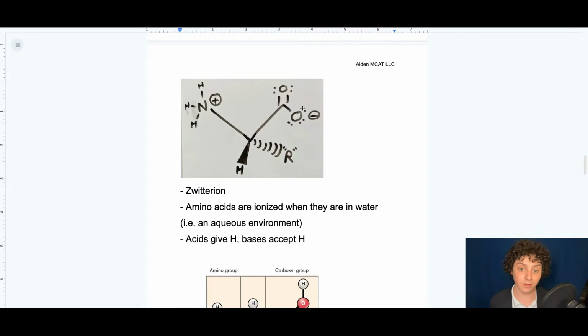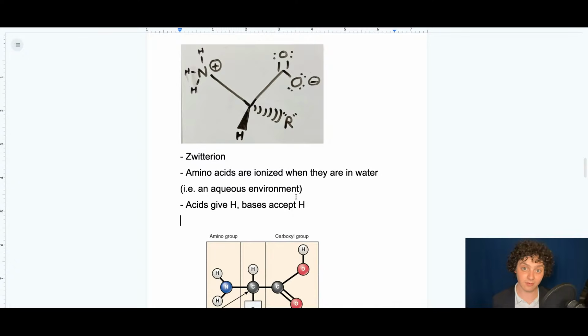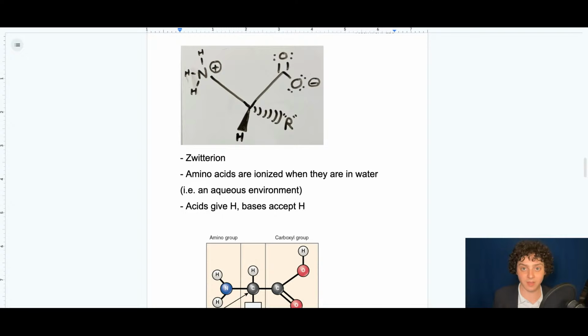When you lose a proton or H, such as this group went through, you lose a positive charge. So with electrostatics, you lose a positive, now you're more negative. You gain a positive, now you're more positive. So that's all that happened here. You lost a hydrogen here, it's negative. You gained a hydrogen here, it's positive. And then you have your Zwitter ion, which is a molecule in which positive and negative groups are equally and oppositely charged, and the overall molecule is neutral.